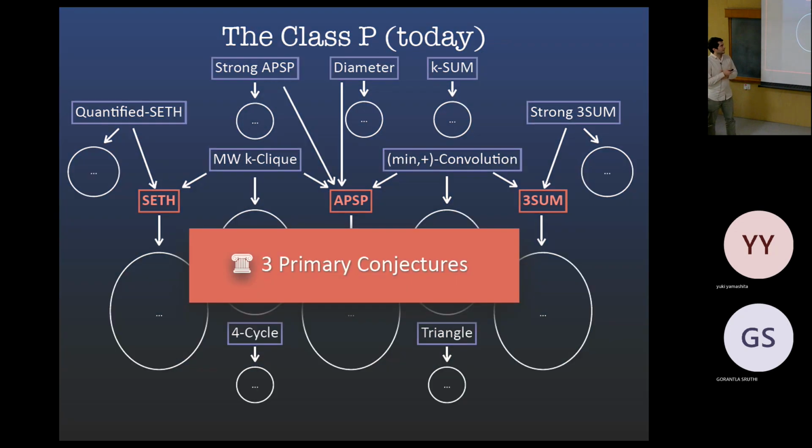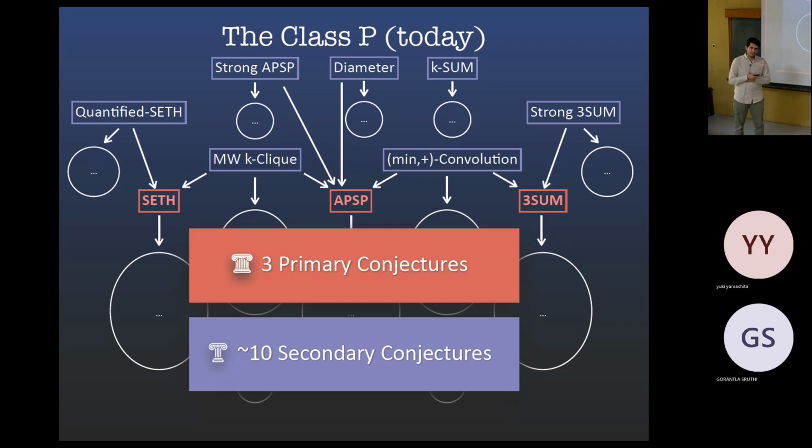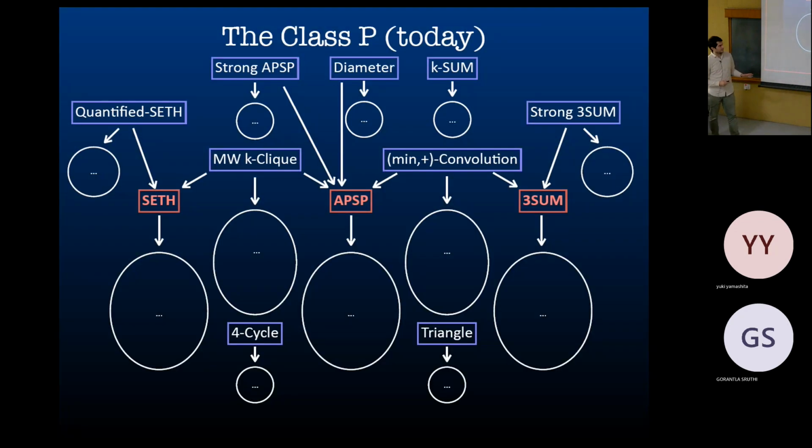So this is what's happening. But now I want to tell you that this is not that bad. Some people look at this and say it's a terrible picture, that it's a mess. But I actually think of it as very nice, because what it tells you is that if you want to solve problems, these are the problems you should solve. You will not be able to solve these problems until you break the conjectures. And even the weaker conjectures are really the most attackable problems. You will not solve these faster until you solve the minimum weight K-clique problems.